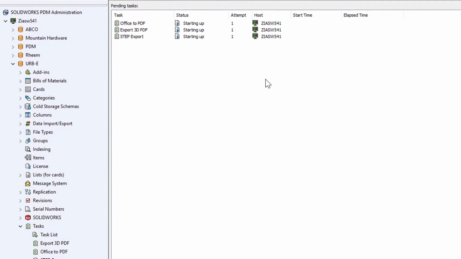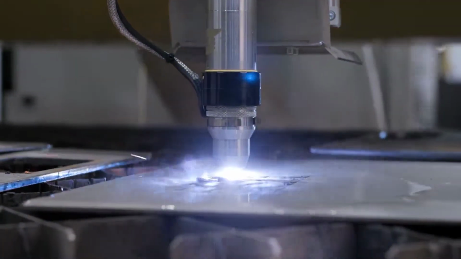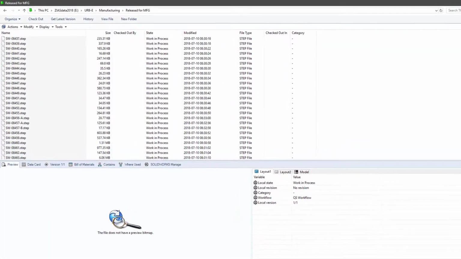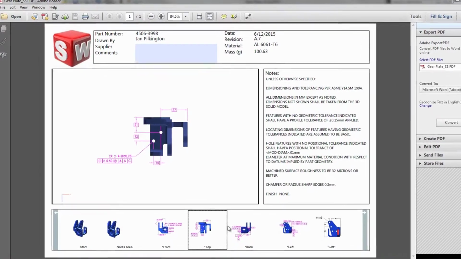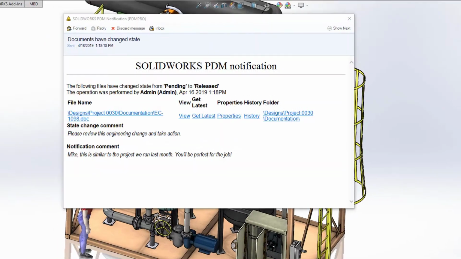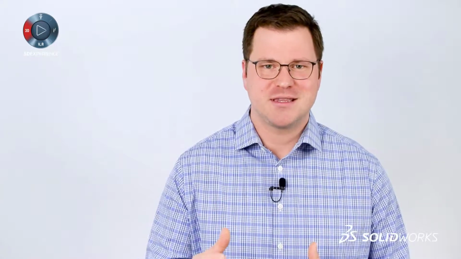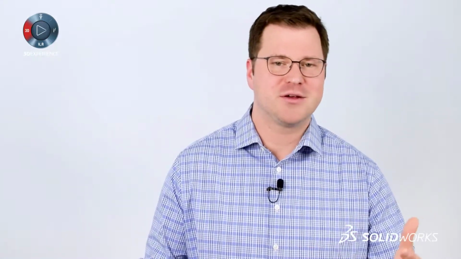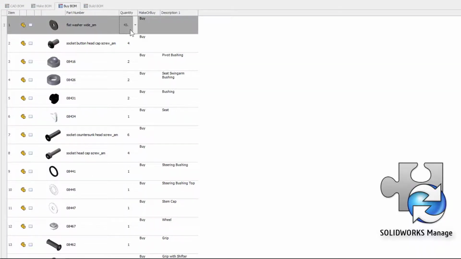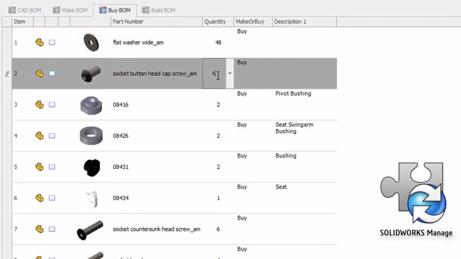Professional, such as exporting DXFs of flat patterns and drawings, printing PDFs of drawings and office documents, and not just creating files, but storing them where everyone else knows and expects where to find them, and notifying everyone that new documents are ready. It's not that it's hard to create these deliverables, but there's always the risk that I forgot to make a PDF, or I put it in the wrong place, or I named it the wrong thing. And as a design is revised, do I have to do that all over again? With PDM Pro, you can even automatically transfer product information to other business intelligence systems, such as ERP, PIM, and